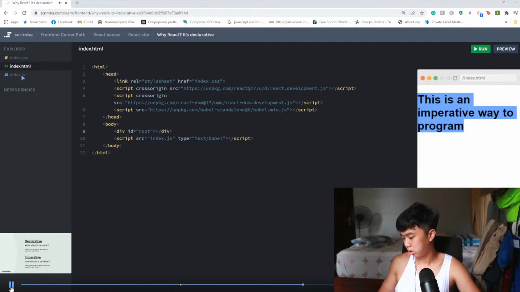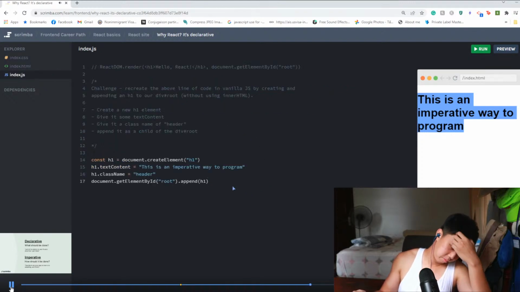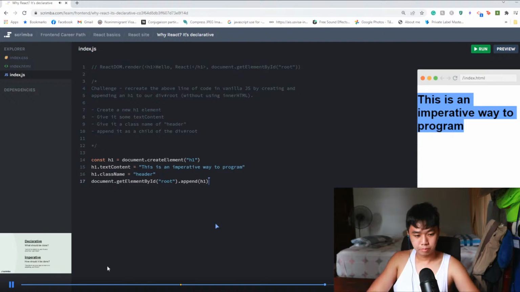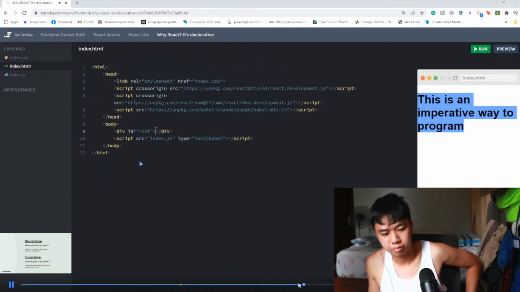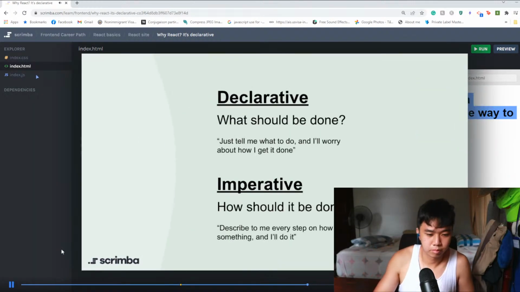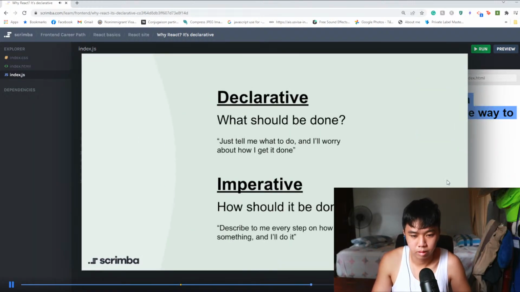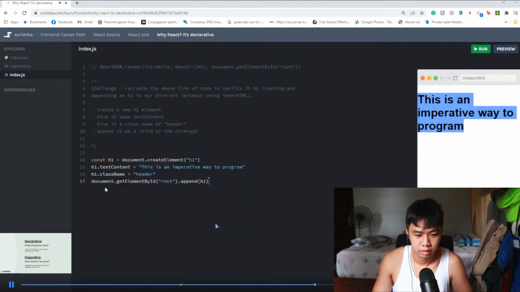But with React, we're building our entire page in JavaScript. And so doing something imperatively this way, where I have to tell it step by step how to create the element and then to add some text content and then add a class name and then append it to the div here, is going to get old. With React, we're building our entire page in JavaScript, and doing something imperatively, step by step, how to create the element and add some text content and then add a class name and then append it to the